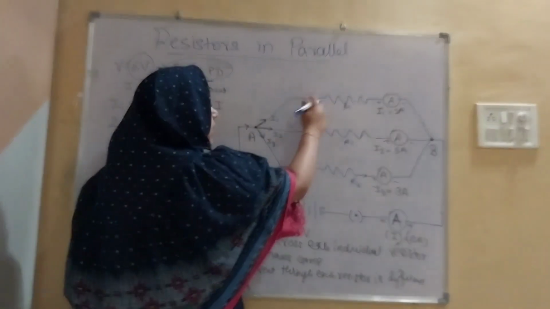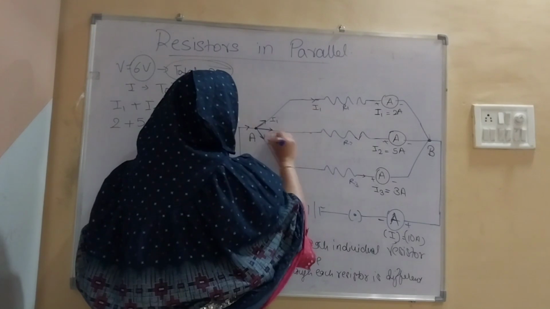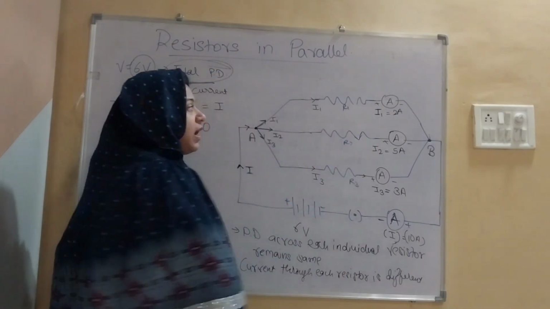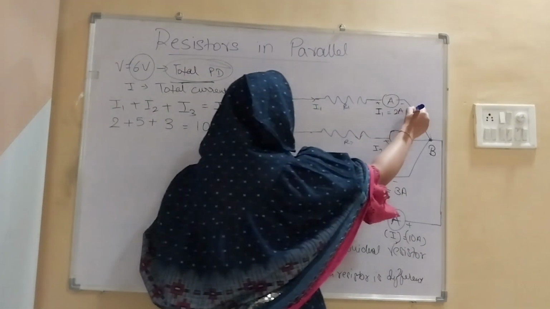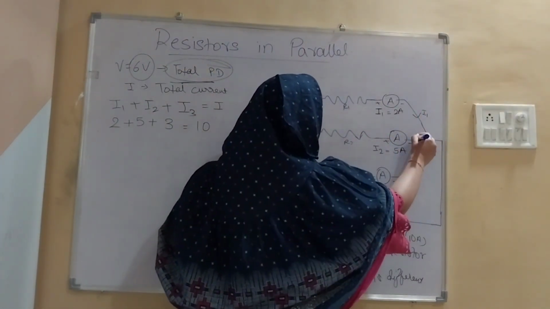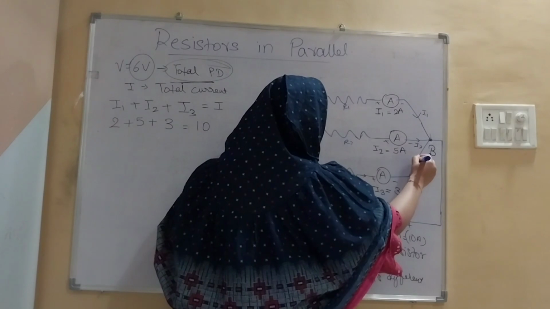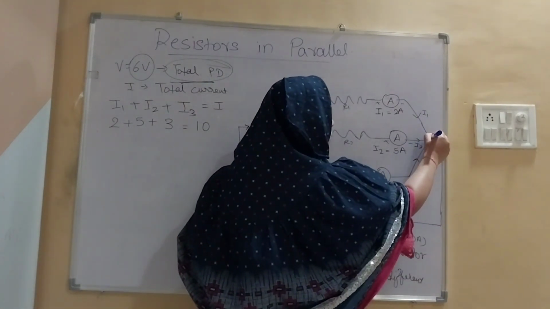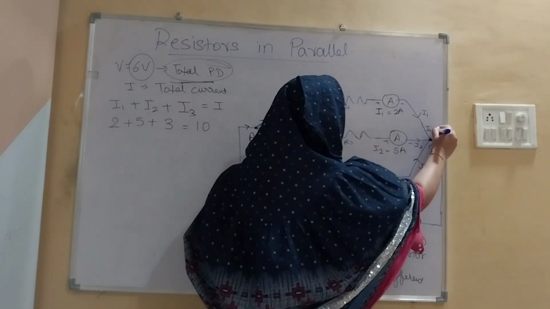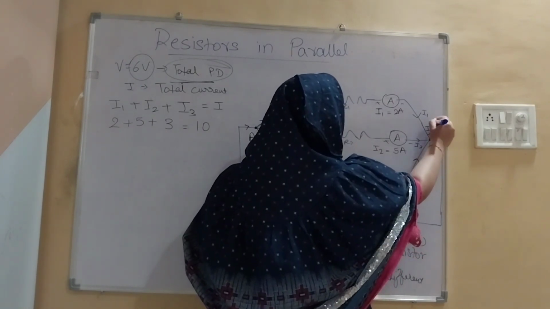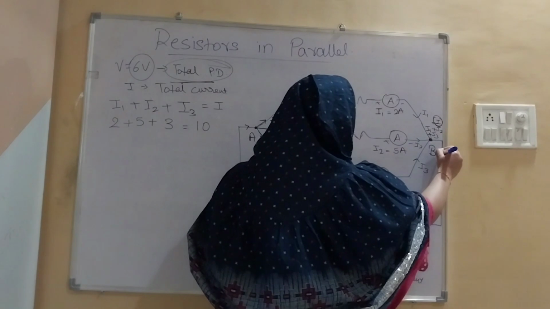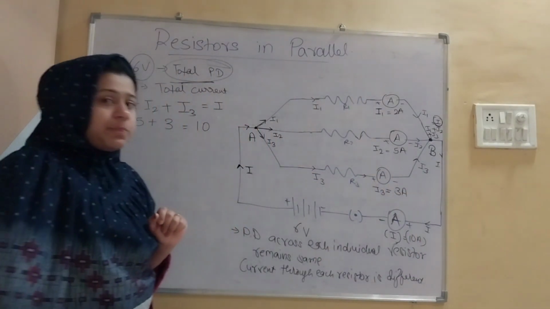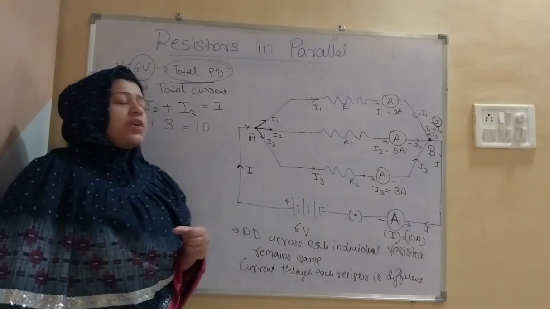Okay. So the I1 current goes in R1, the I2 current goes in R2, and the I3 current goes through R3. Okay. यहाँ से I1 करंट आ रहा है, यहाँ से I2 करंट आया और यहां से I3 करंट आया। I1, I2 और I3 तीनों इस पॉइंट पे वापस मिल गए। I1 + I2 + I3 इक्वल टू क्या बन गया, I, और यही I करंट वापस चला जाएगा।